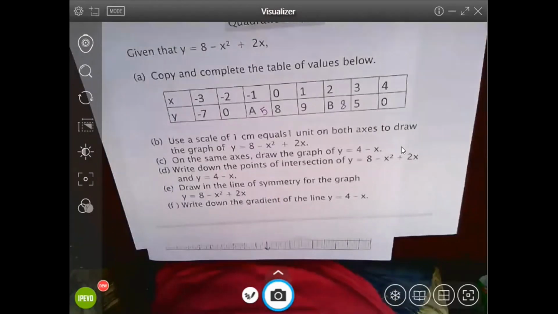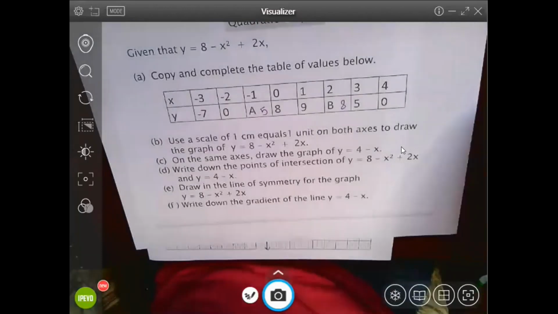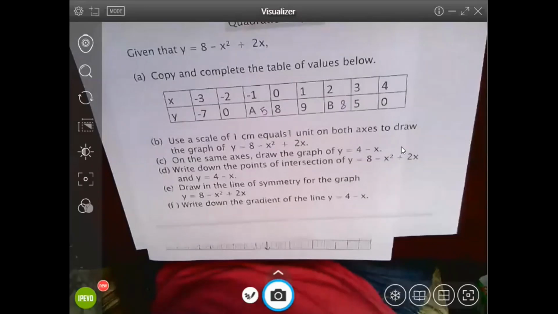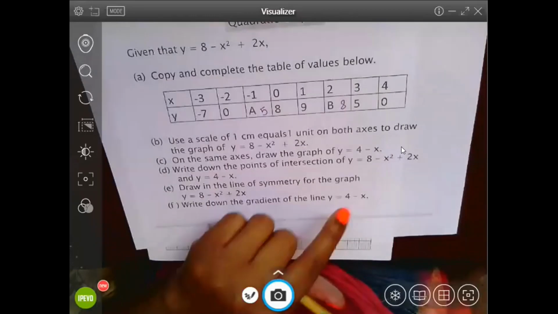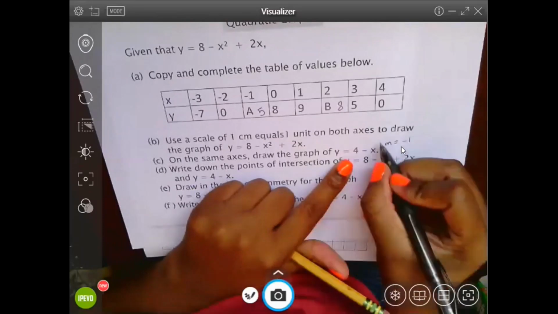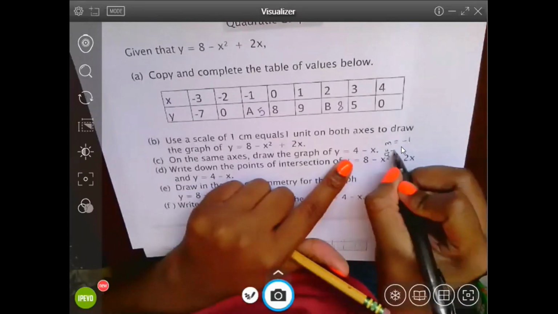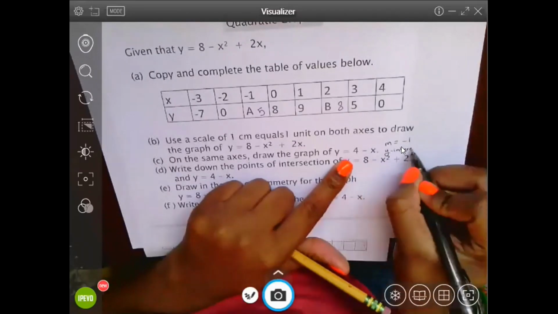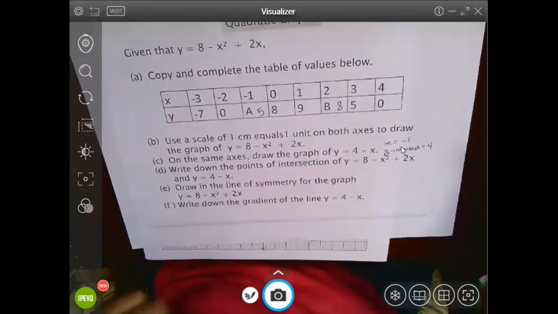Now C asks me to, on the same axis, draw the graph of 4 minus x. And even though this isn't written how you maybe would like to see it, I still can identify various parts. I can identify the slope and I can identify the y-intercept. So let me just do that. My slope m is equal to -1, and my y-intercept is equal to 4. All right, so I can now easily take